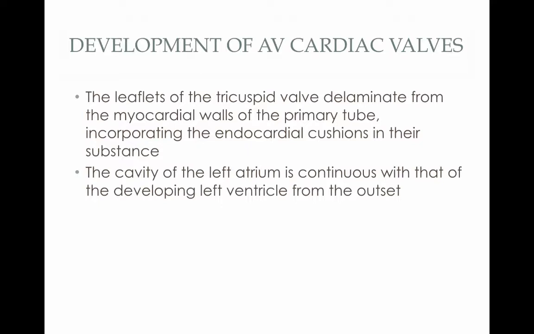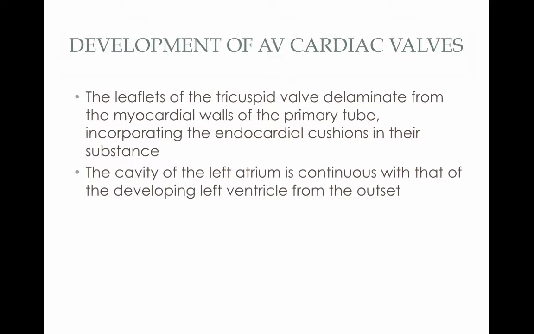And these valves, we'll start with the tricuspid valve. The leaflets of the tricuspid valve go through this process of delamination, or delaminate, from the myocardial walls of that primary tube. And from that primary tube, it is then incorporating the endocardial cushions in their substance. And so